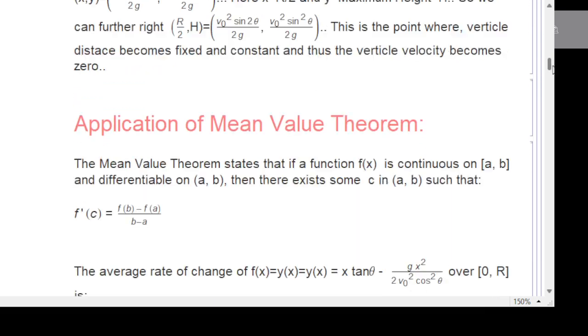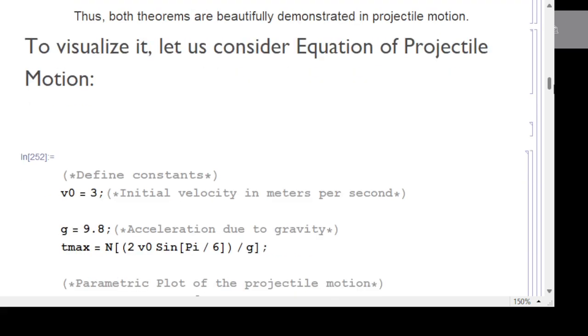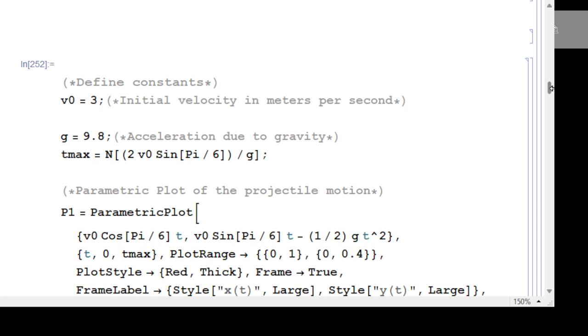Okay, so before proceeding further, it is first useful to visualize the equation of projectile motion. So we define some constants. For example, v naught is the initial velocity. We define 3, and g is equal to 9.8, and we can calculate the maximum time which has already been given in the equation. So this is 2 v naught sine theta over g. For example, we consider first the angle pi by 6,